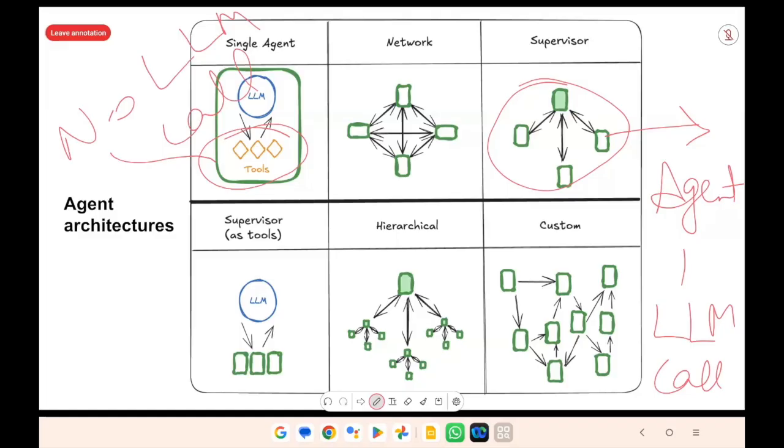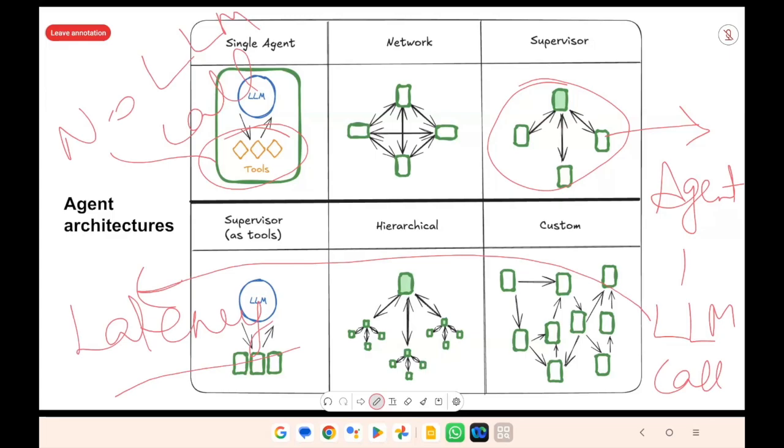And that makes a difference. If you say there is an LLM call, then there is latency involved. Each LLM call will have a good amount of latency. By latency, what I mean is the time required to get the output to the UI. So in industry, we think more strategically about whether to go for a single agent architecture or a supervisory agent architecture, because in a single agent architecture, the latency is less.